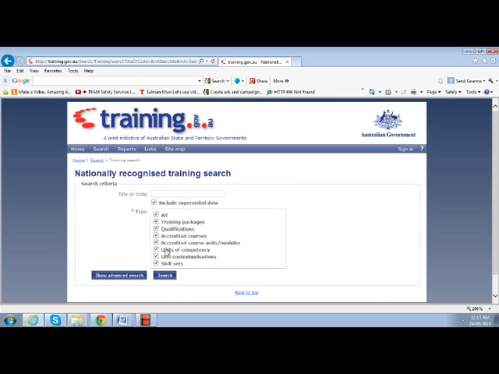When we get to the search box, we're going to pick a course today, so we'll call it the Certificate 3 in Business is what we're going to look for. So we want to look for it at the qualification level. So what I'm going to do is I'm going to type in business,